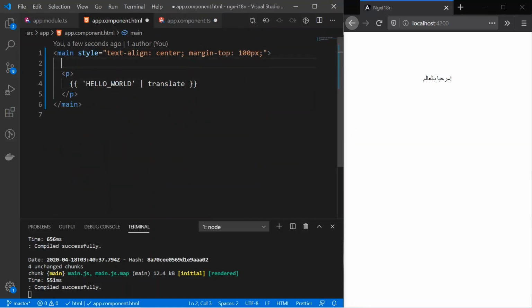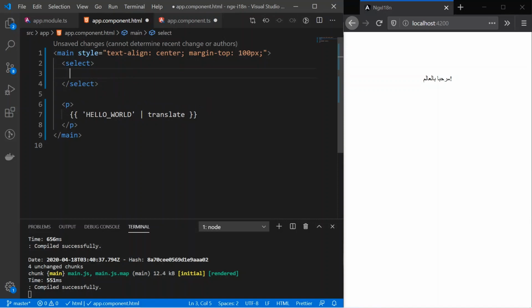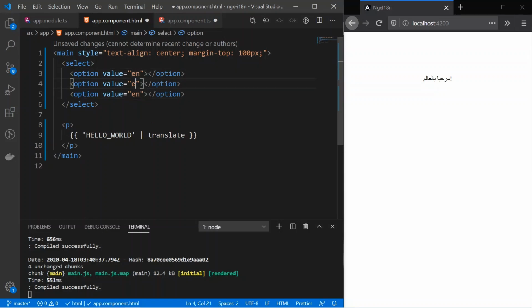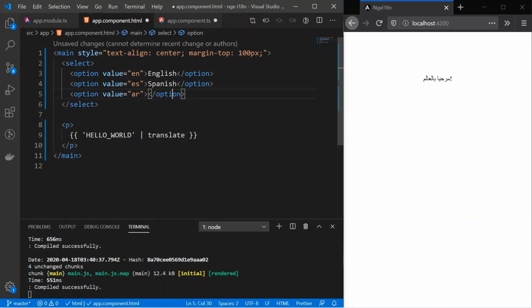So we'll create a drop down here. So let's create the drop down. Let's get rid of this. The options that we are going to provide: first will be English, then let's copy it. Second will be Spanish, and third will be Arabic. So this is going to be English, this will be Spanish, Arabic.